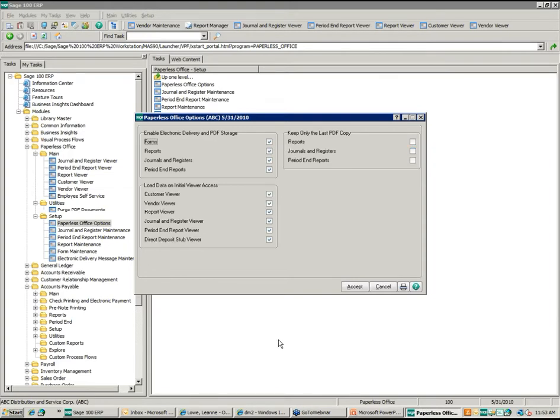If you want everything saved, then you check that box, and then you can see you have options to load the data on initial viewer access. You also have the option to have the data loaded into the viewers when you click on refresh. And this is important if you have a huge number of documents. You're not having to wait for all those documents to be loaded immediately, so you have instant access to your